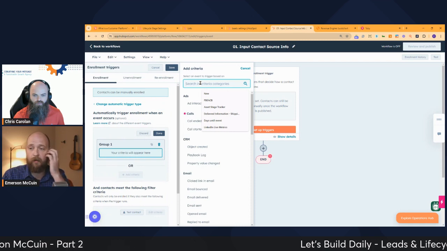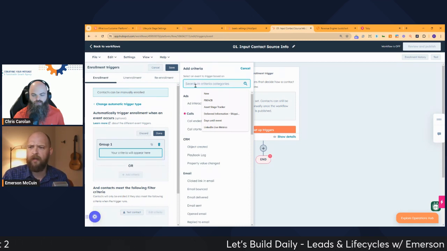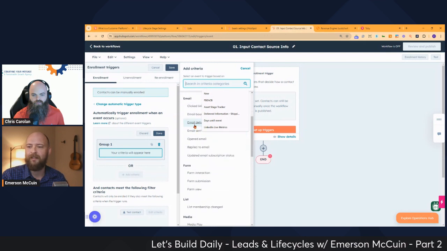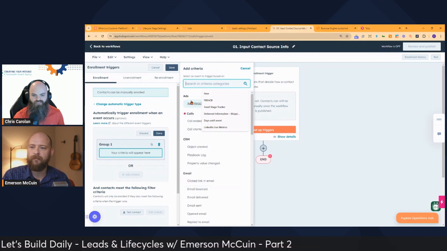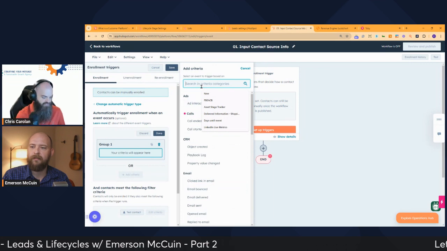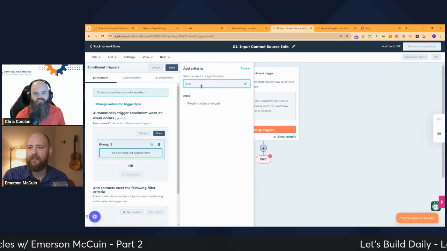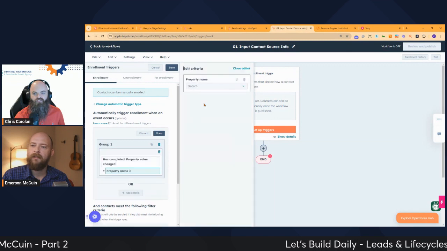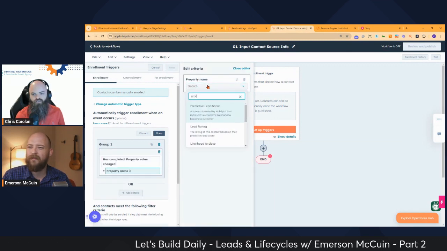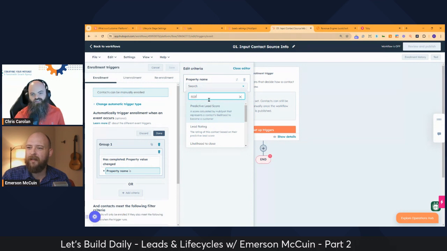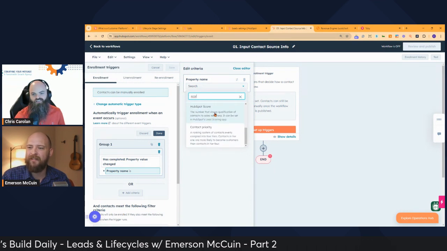I have a custom property for it, but I believe a HubSpot score could suffice for our example. Okay, and we need properties here. Yeah. Right. Yep. Property value changed. Predicted lead score. HubSpot. Let's use HubSpot score.